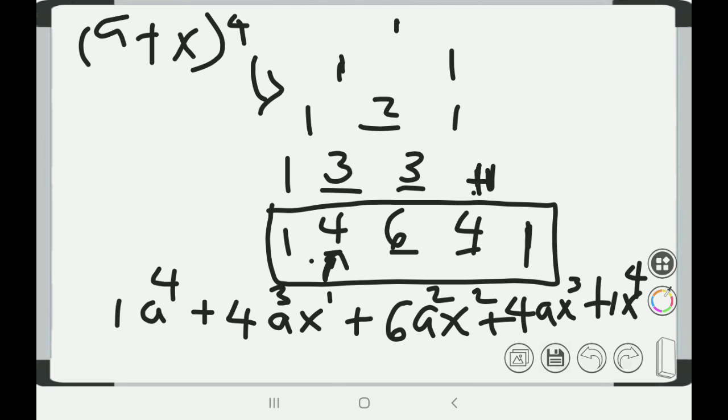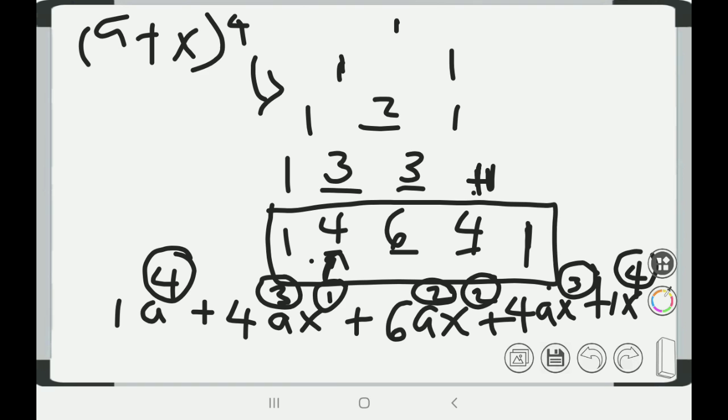So as you see, the value of a is decreasing towards the right, while the value of x is increasing towards the left. As you see, x is 4, and then we have x raised to 3 towards the left, x raised to 2 towards the left also. So that is it. Let me try another one of a